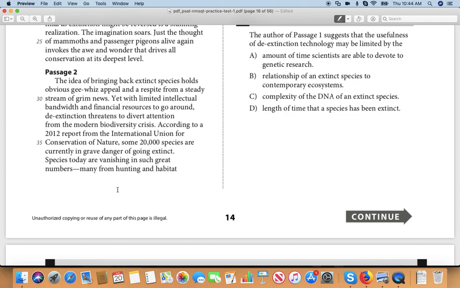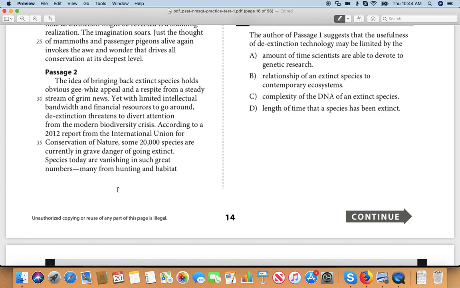Here, I think intellectual bandwidth means like a limited amount of stuff to care about, from a scientific perspective or just in general, a limited amount of stuff to think about. That's probably better. Like, should this be our biggest concern? That was kind of the idea. We've got to decide what we're going to put our intellectual efforts into. And we certainly have limited money.